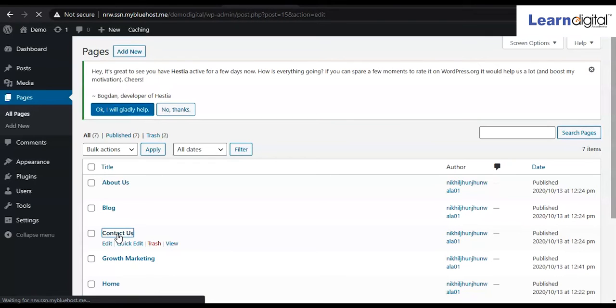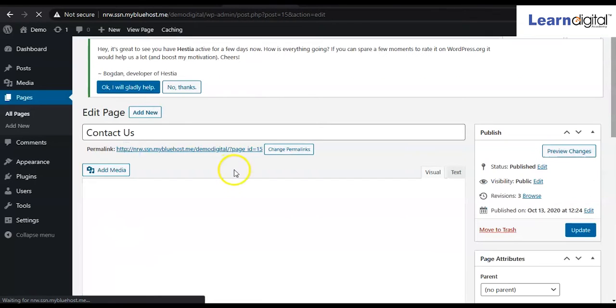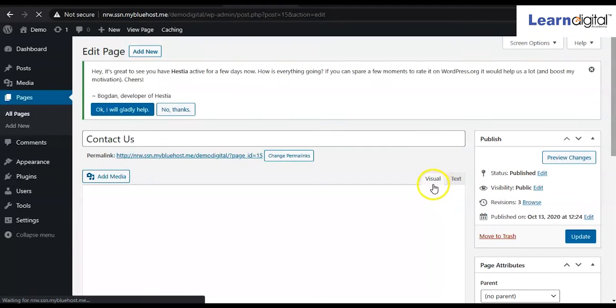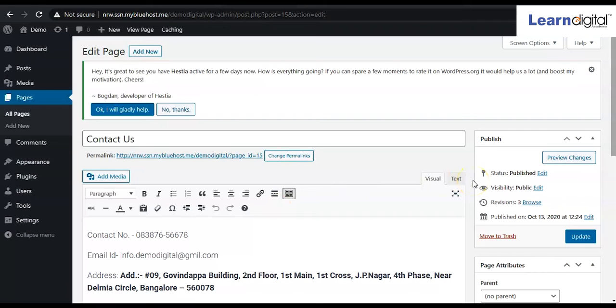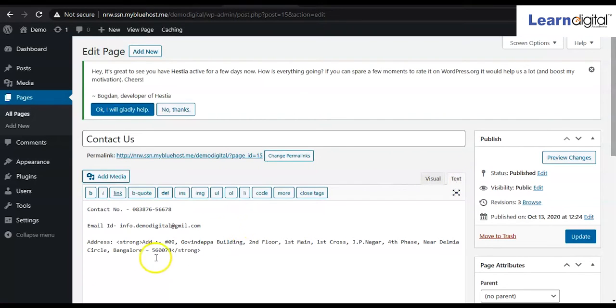Here you can see two modes: one is visual and one is text. Whatever HTML code or other code you are taking should always be pasted under the text mode. If I click on text, you can see by default it has taken the text format.